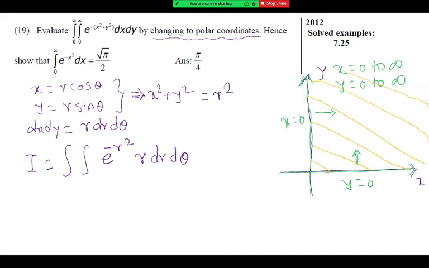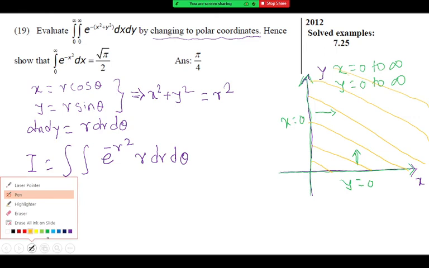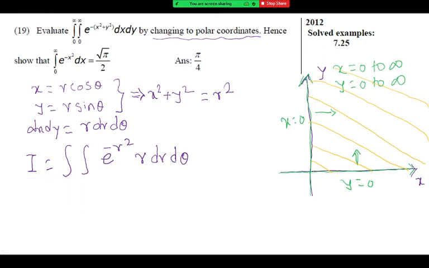For this region of integration, we want the limits in polar form. So for the position of a strip, now I will draw it radially. Now can you see the minimum theta and maximum theta over the region? What is the limit of theta? 0 to pi by 2. 0 to pi by 2 is the correct answer. Good.